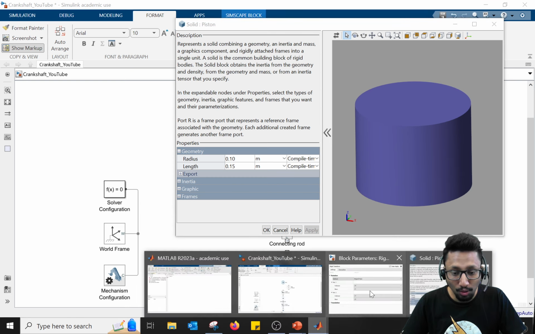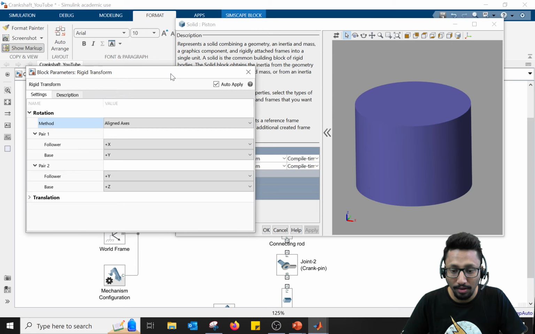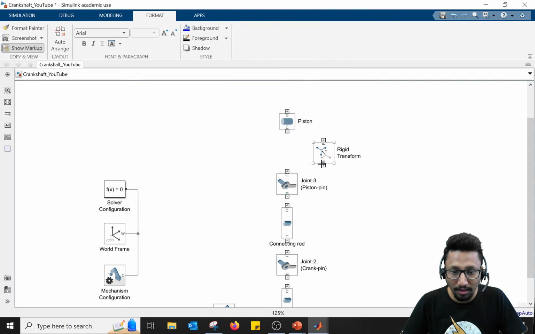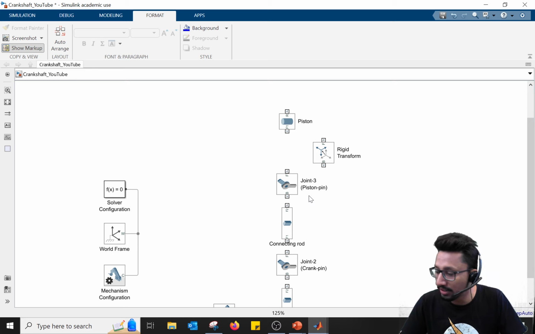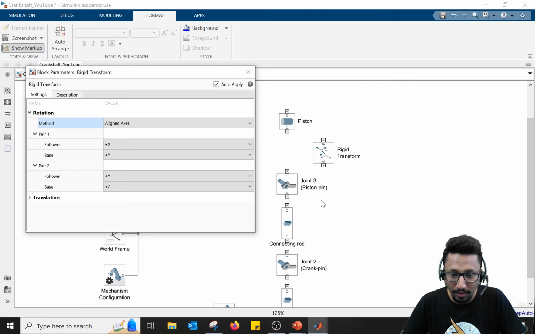So what we can do in this rigid transform, of course, if you see here, the base frame is connected to the rest of the system which follows the correct coordinate system, but the follower frame of the rigid transform is connected to the wrong coordinate system, it is connected to F1 of the piston, which is in the wrong coordinate system. So what we are going to say is,